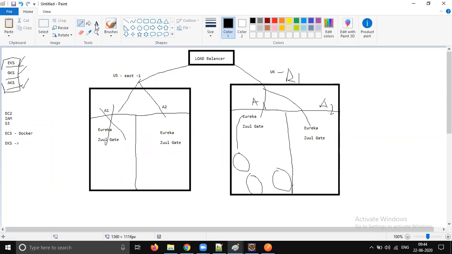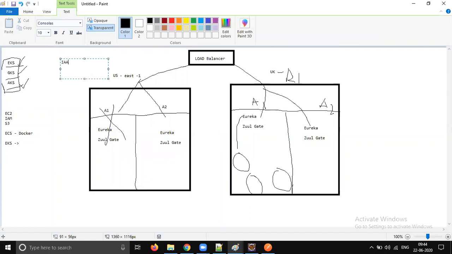Which layer does this come under? IaaS, right? Infrastructure as a service. It's going to come under infrastructure as a service plus container as a service, CaaS, right? What we learned so far is PaaS, platform as a service. So Java comes here, and Kubernetes, Docker, cloud, everything comes into infrastructure as a service and container as a service. You should know all these layers, at least. Not having hands-on is fine, but you should know functionally.